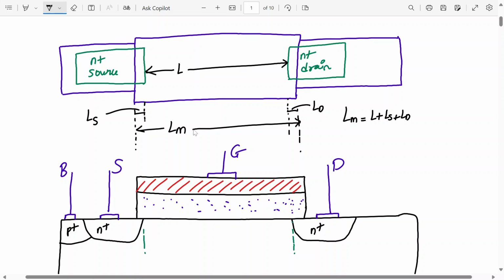Yes or no? And normally due to the symmetry of the MOSFET, LS and LD are the same. So how can you write L? L will be LM minus twice LD, let's say. Okay, so L is my channel length. So some part of it is overlap with the overlap length, which is LD and LS. Okay, so this is actually my top view